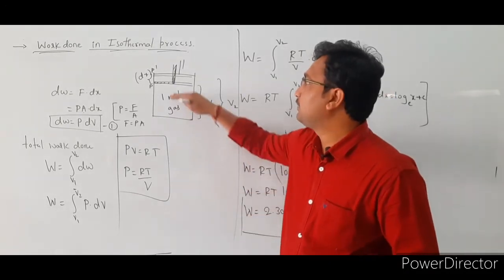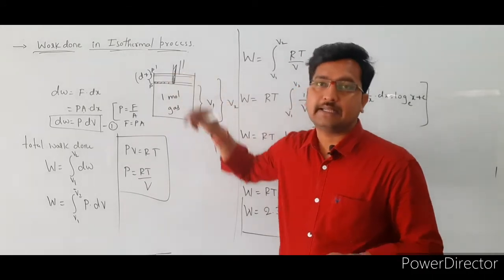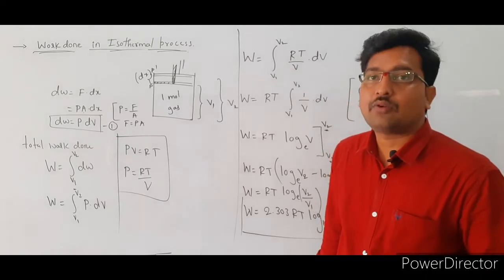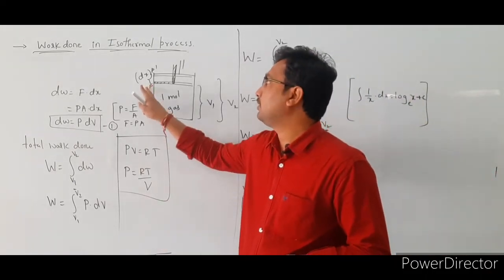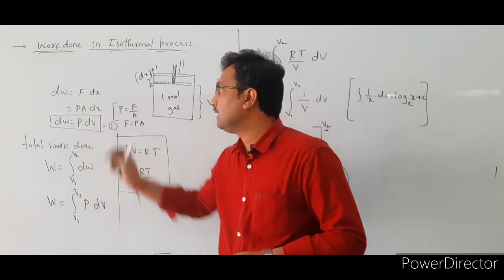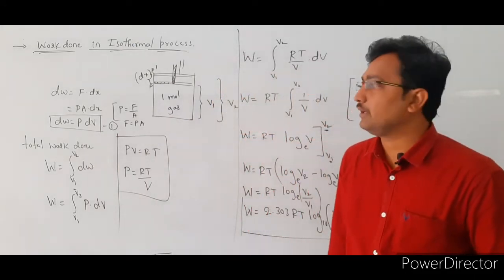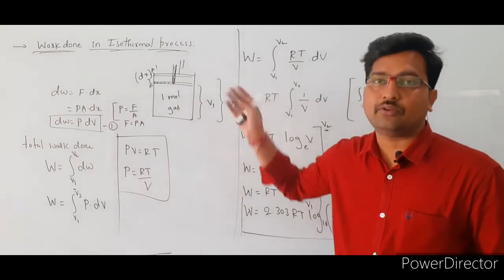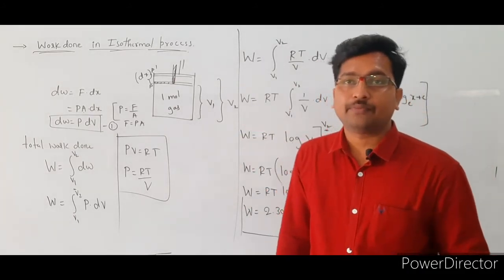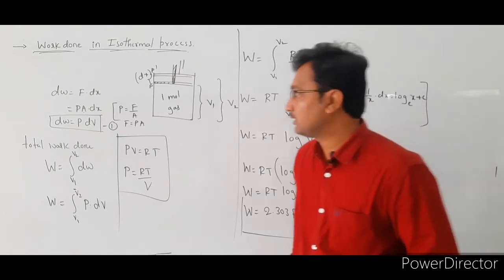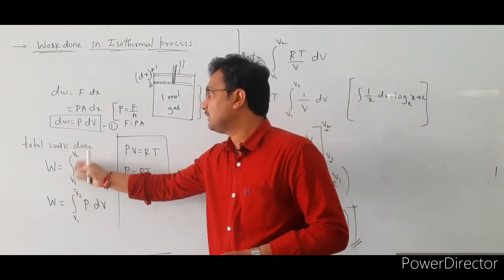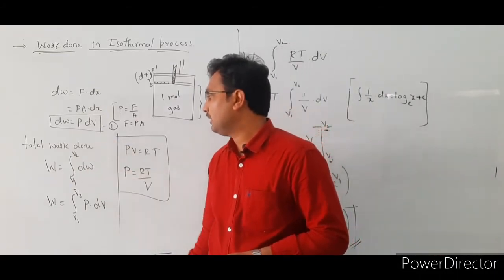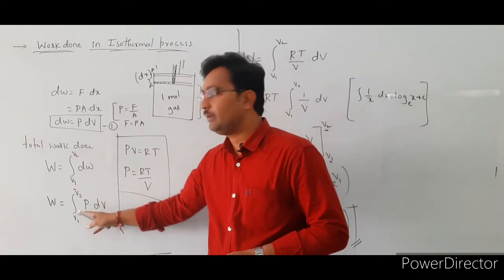In that case, this piston moves through a small distance, that is dx, right? So here first we have to calculate the small work done to displace the piston through a small distance dx. The small work done is dW is equal to P into dV. After that, if you want to increase the volume of the cylinder from V1 to V2, then we have to do some amount of work, that is the total work done, equal to the integration of dW from V1 to V2. Substitute the dW value here, that is the integration from V1 to V2 of P dV.